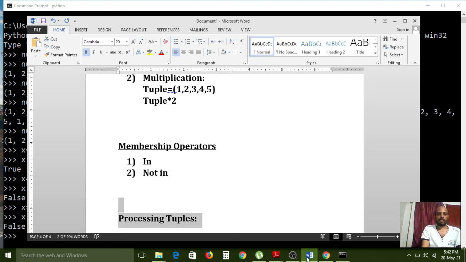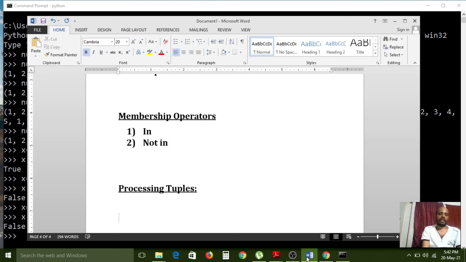Here we have some predefined built-in functions to process tuples.